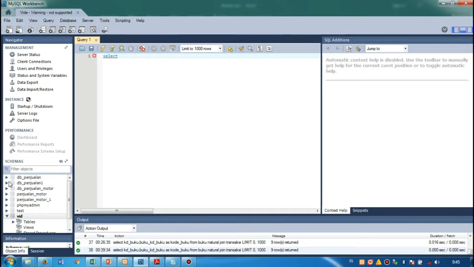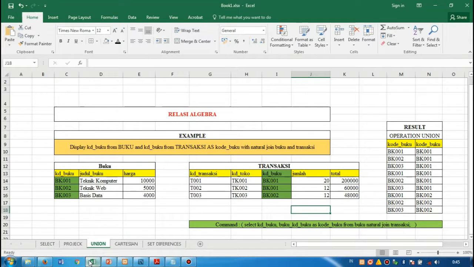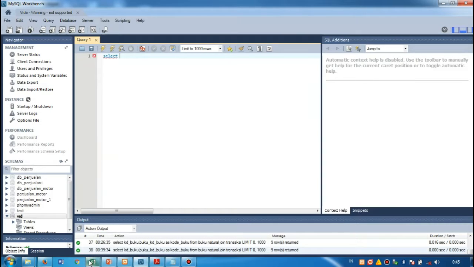I want to display select kode buku from buku, and kode buku, this is the field kode buku from transaksi as kode buku, alias kode buku,